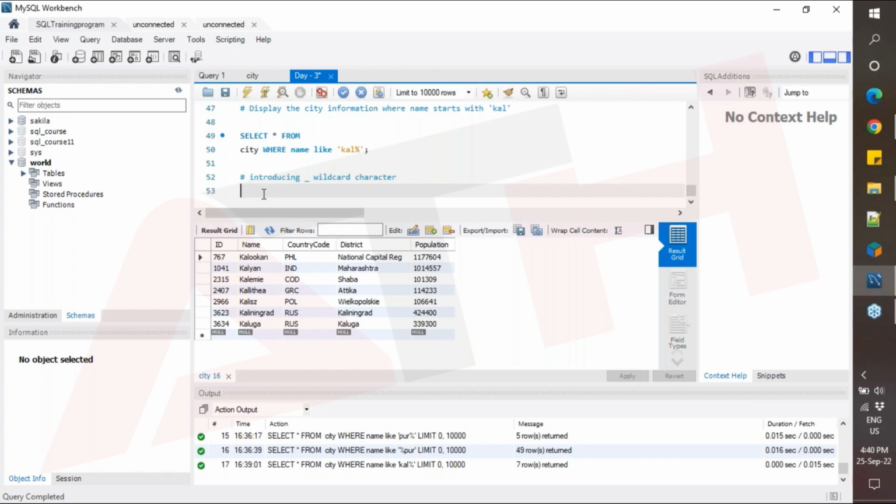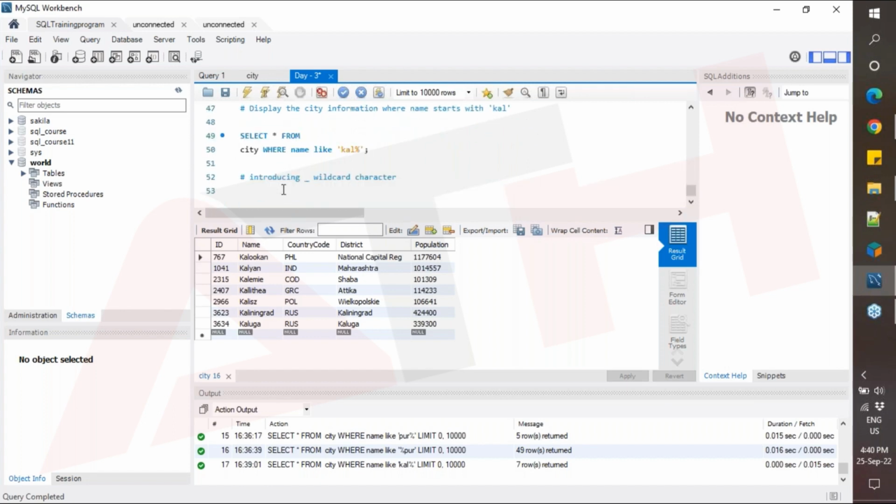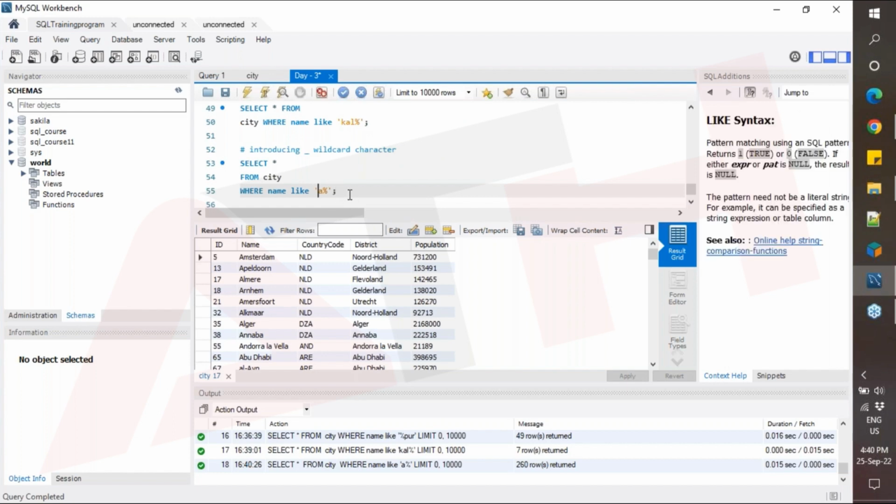So what I am trying to say is, I think you will better understand with the output. So let's copy this query. Display the city details where city name starts with A letter. Let's copy this query first and run this. So you know that this will show you all the city names where the name starts with A. Now, if I do like this,